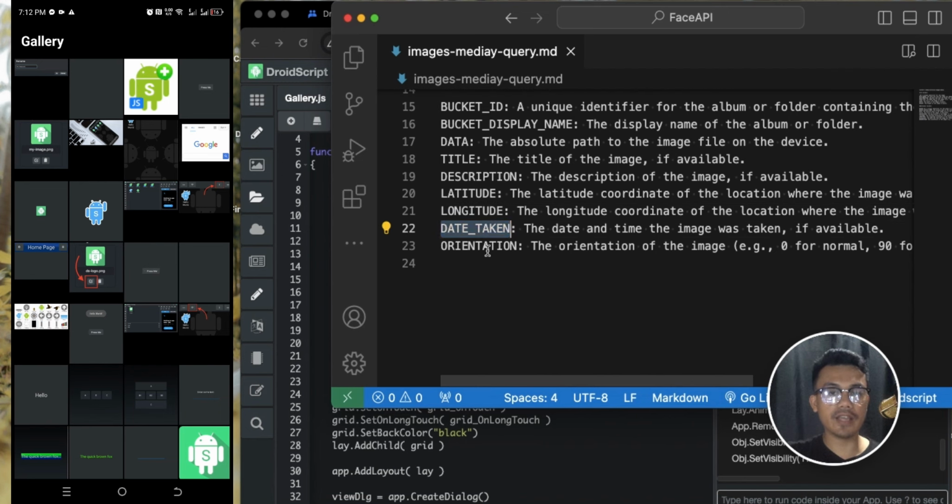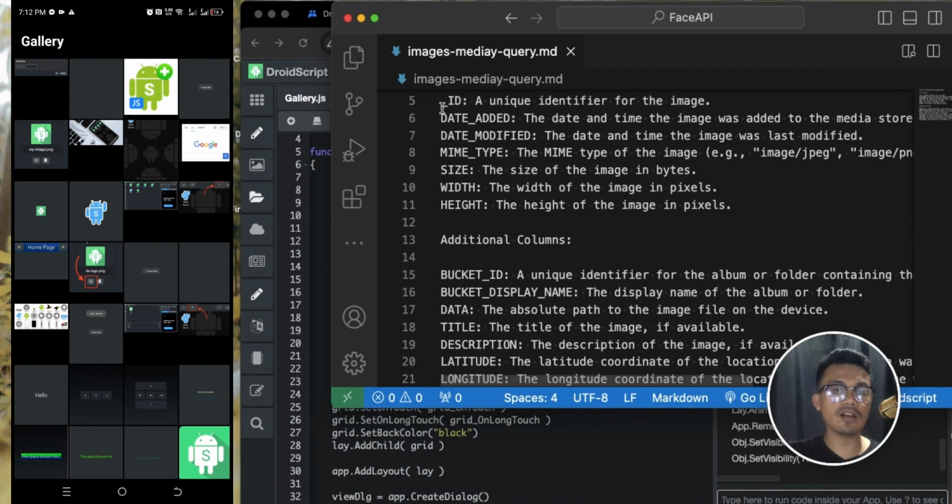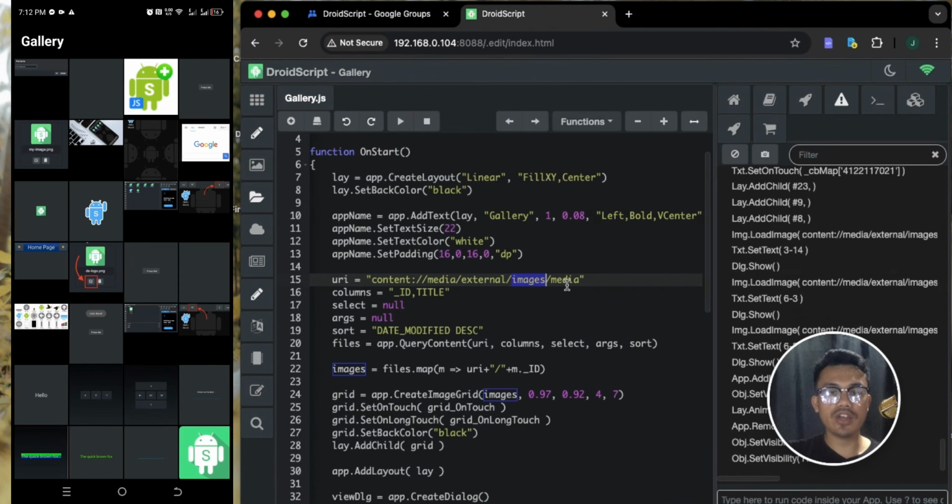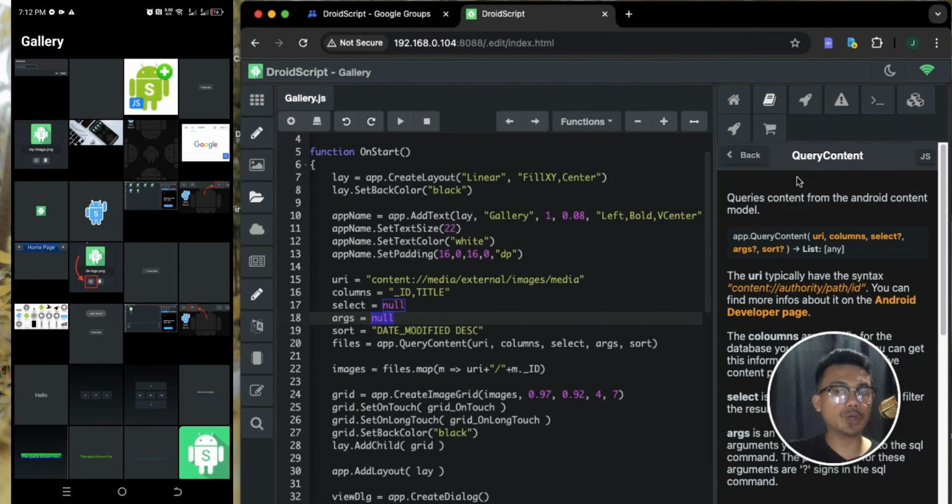You also have date taken and orientation. So these are very important columns available in the images media content provider. You can pass that in the select args argument. So just go to the documentation for query content for more info about this, and a little bit of searching online.